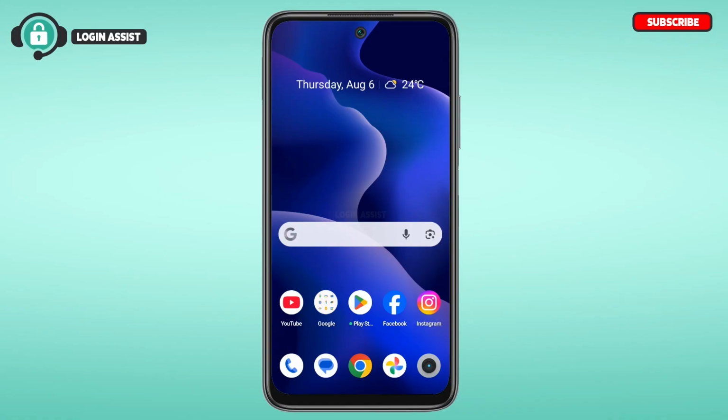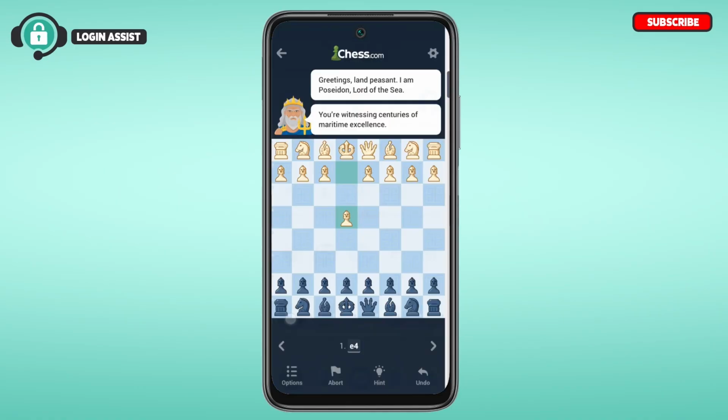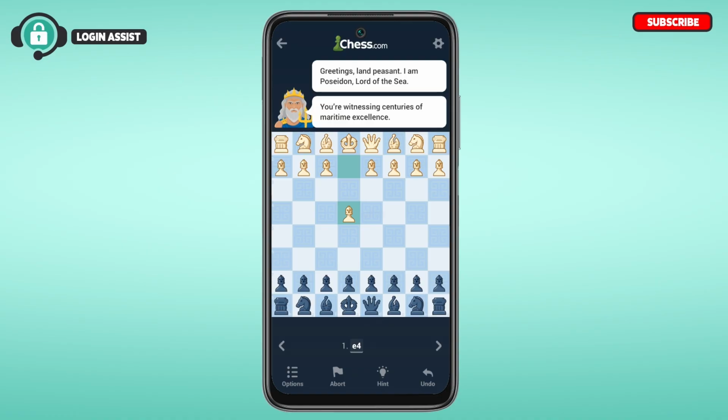In this guide video, I will show you how to undo a move in chess.com. Open the chess.com application. Make sure you're in the game. Right now I'm in the game with a bot. Undoing the move especially works when you're playing against the bots, or you can also do it in the unrated